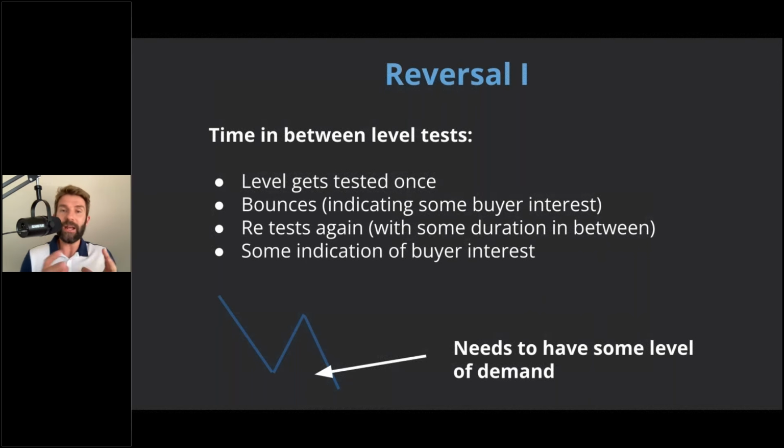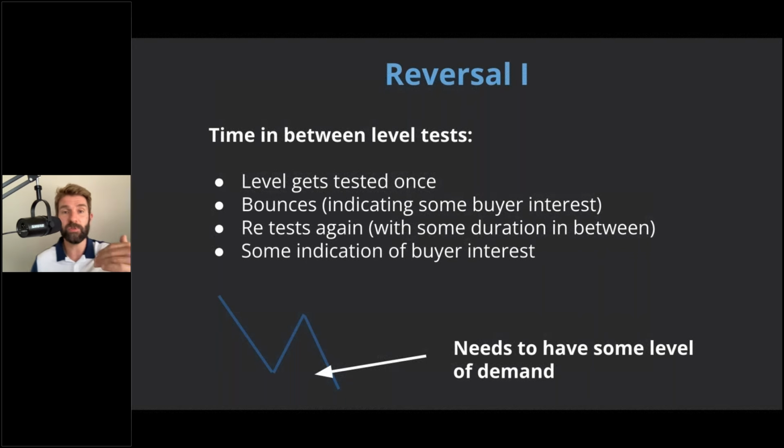So we get a kind of retest. The price comes down, the level gets tested once, and it bounces. This is important. Again, it's how I like to approach things. You adjust it to suit you. You add your own filters to suit you. I just want to share things that I think are valuable, and you can discard them, add them, tweak them, make them your own, because that's what trading really is all about.